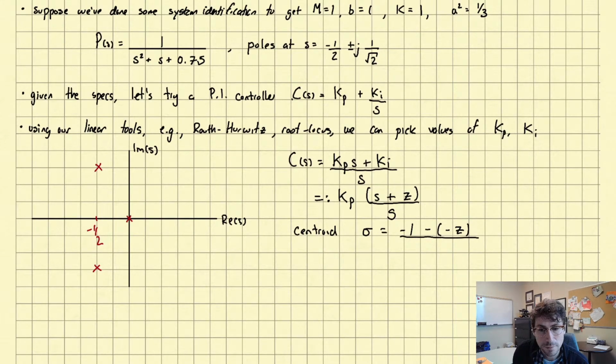We haven't picked a value of z. Divided by the difference between the number of poles and the number of zeros. In this case, 3 poles, 1 zero. So 3 minus 1. Do the calculation, you get z minus 1 over 2. Okay. So this centroid